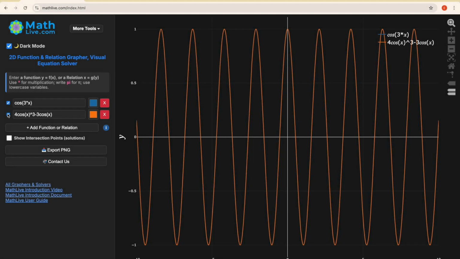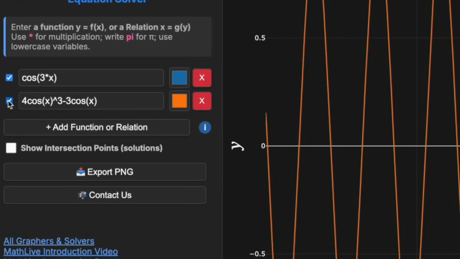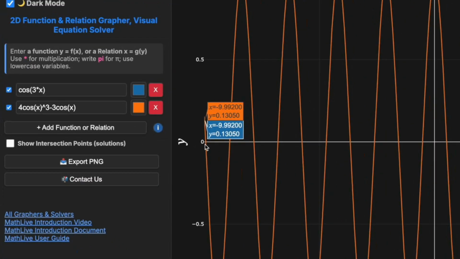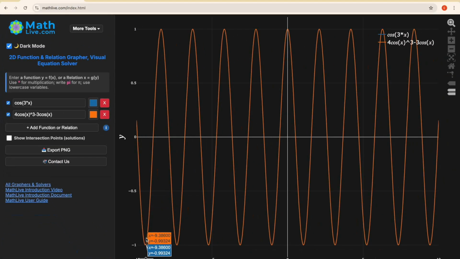And when we do this, we can see that both lines line up on top of each other identically. If we turn off the orange line, we see the blue line is directly under it, and the same goes for when we turn off the blue line. We can also use our mouse to see that along every point of this curve, we have both the orange values of x and y and the blue line's values of x and y, indicating to us once more that these are the same curve.